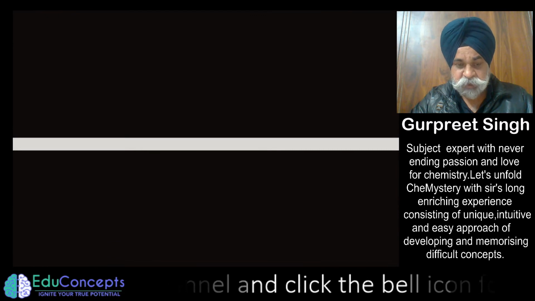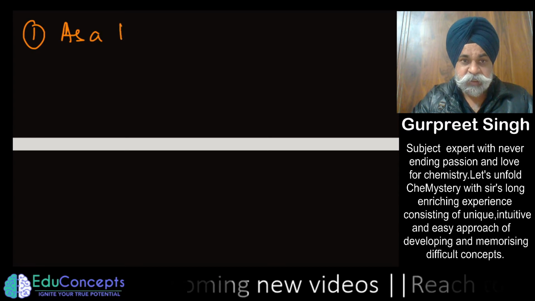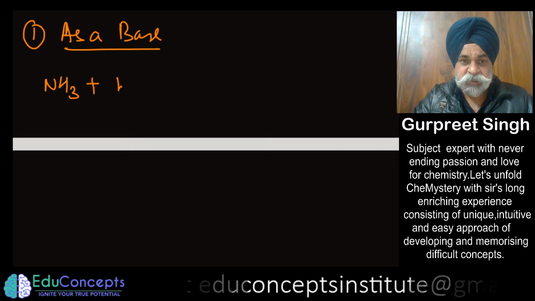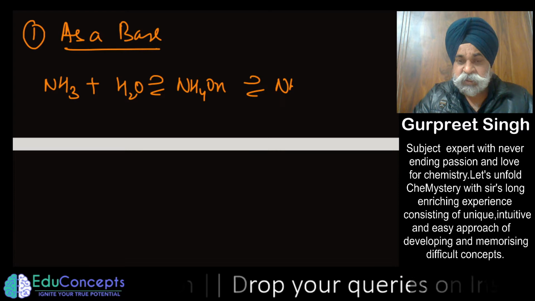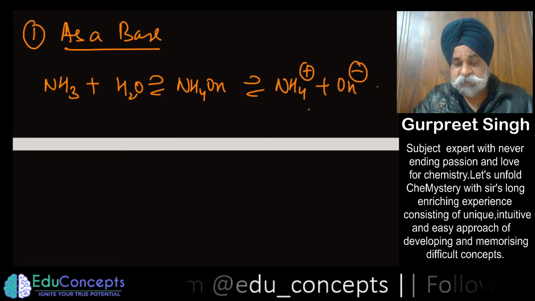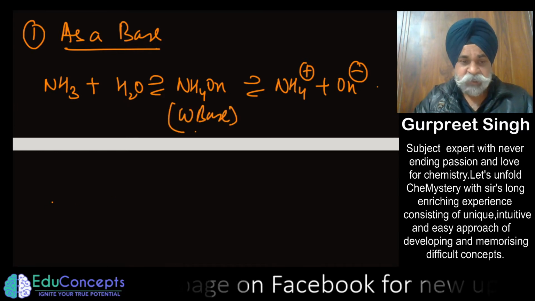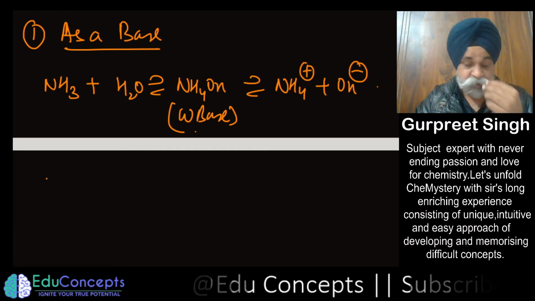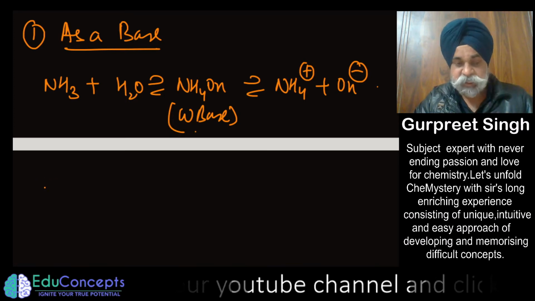The first chemical property is as a base. Ammonia, when put into water, simply changes to ammonium hydroxide, which is not very highly ionizable, but it tends to give you a weak alkaline medium, so it is a weak base. In any of the reactions where ammonium hydroxide is taken, that is nothing but ammonia itself. You can take it that way also.